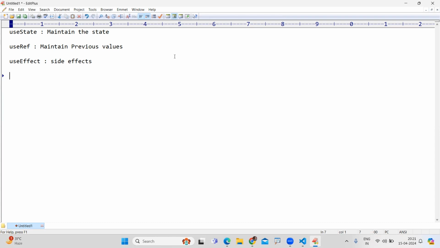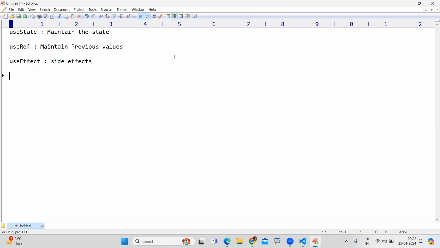What is the purpose? Using the class components only, you can maintain the state, using the this keyword or using the object. That is a class component. But working with the class components becomes hectic. A lot of code we have to write. That's why they introduced useState in a functional component. So many examples we already discussed. And today,